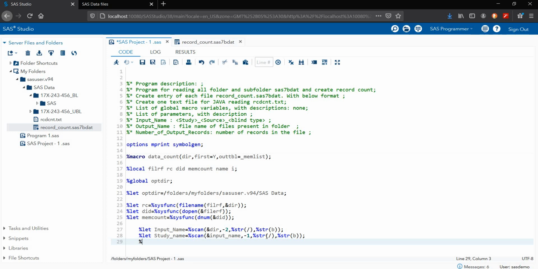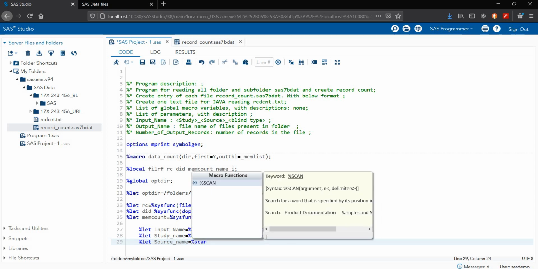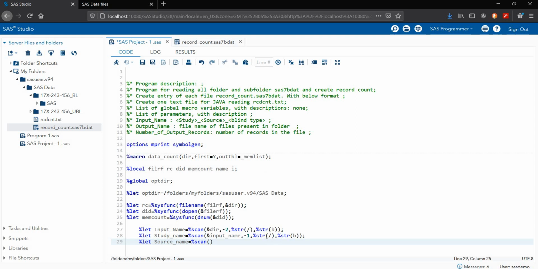Now I'm declaring my source name: %let source_name is equal to %scan of the input name, comma 1.